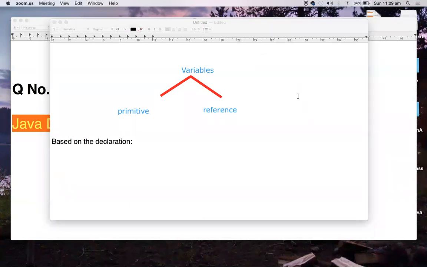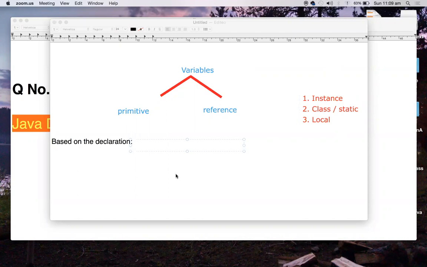The first variable is the instance variable, the second is the class variable, or we can say static, and the third is local variables. Instance variables, class variables or static variables, and local variables.